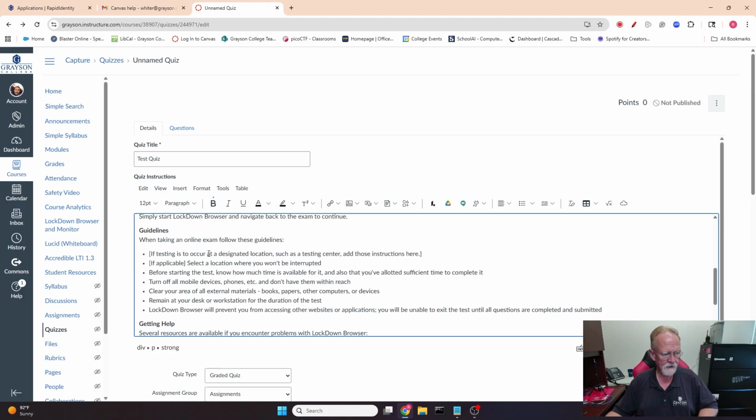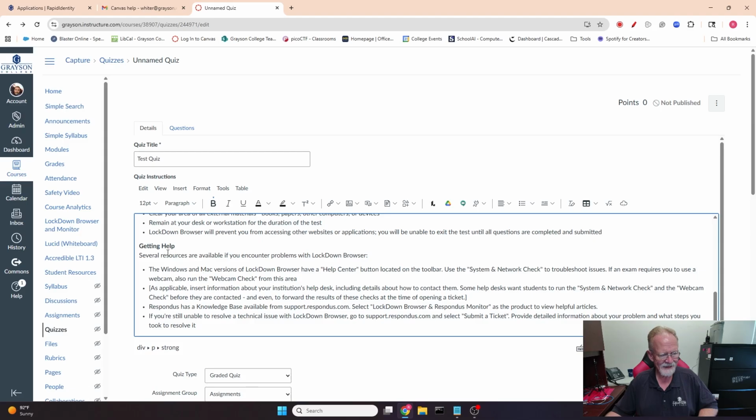Guidelines here, if you're going to do this at the testing center, which I highly recommend, they have Lockdown Browser already installed and they can show the students how to use it. The students can just go to the testing center. If not, then they can do it at home or wherever. They need to read through these instructions. If they need help, then they can get help